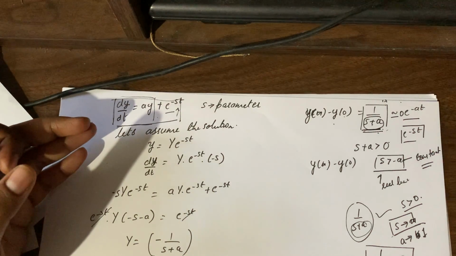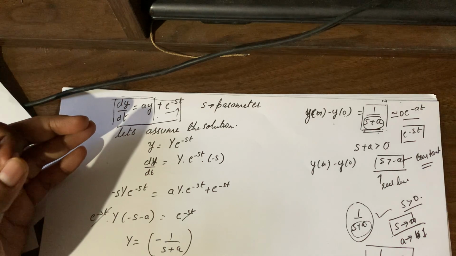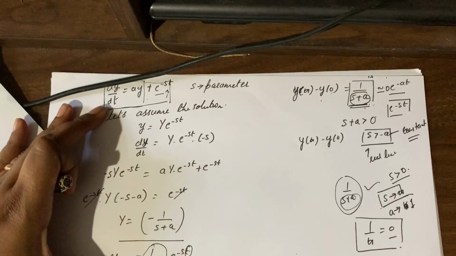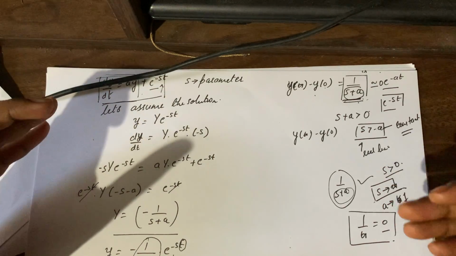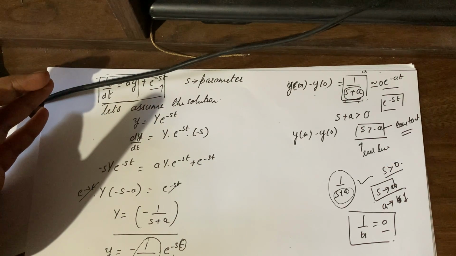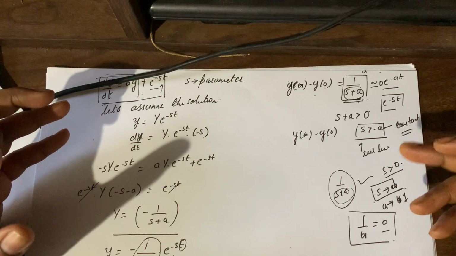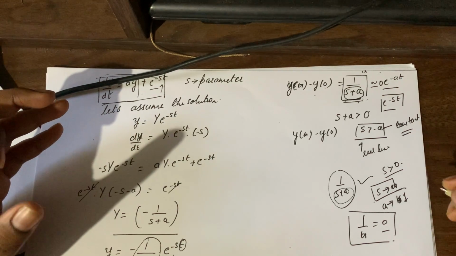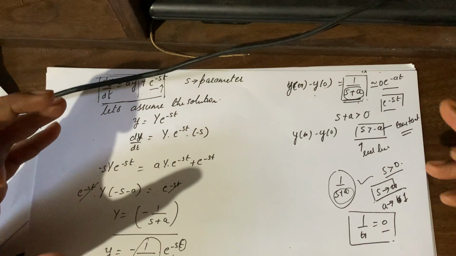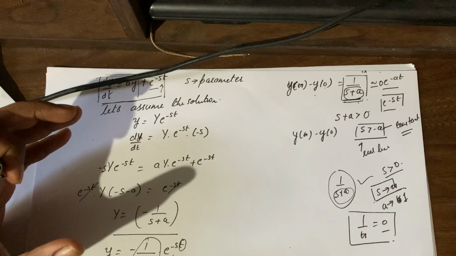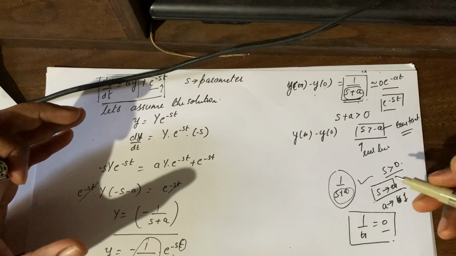So in the next class, we'll be studying convergence and divergence. This is very important because we need to understand whether a function that we are considering is converging or diverging, and try to understand whether the Laplace transform actually exists. That is the main condition, convergence and divergence. This is what I'll be covering in my next lecture. After we finish convergence and divergence, we'll be doing sums on the Laplace transform.